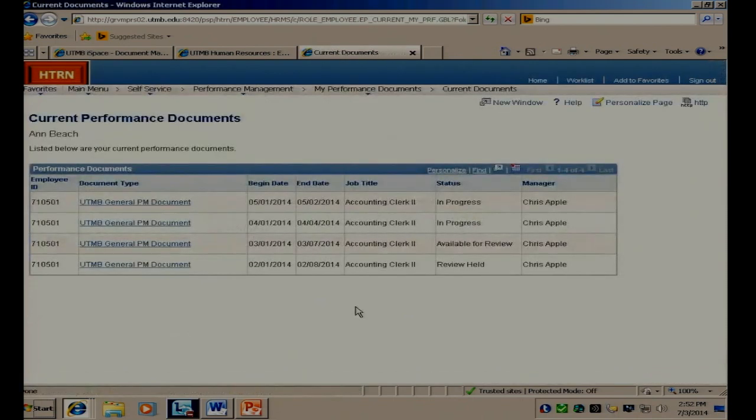Now I mentioned that you would only have one item in here, but because this is a training simulation and a demonstration, we do have 4 different items in here because I have 4 different examples that we're going to demonstrate. The first example that we want to demonstrate is adding a goal. So again, this could be a professional development goal, SMART goal, something that is a goal for you specific to your evaluation. So I'm going to click on the link,